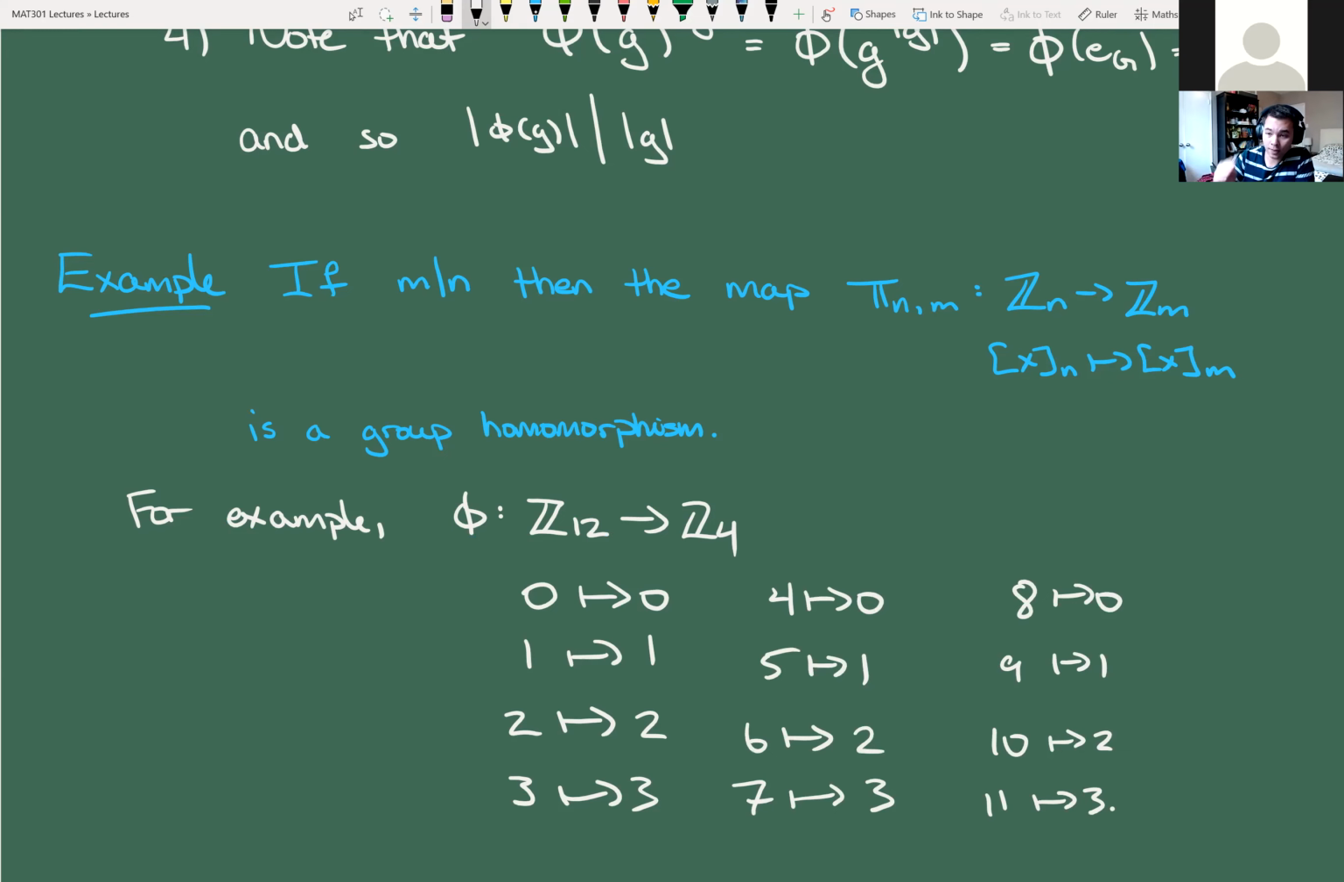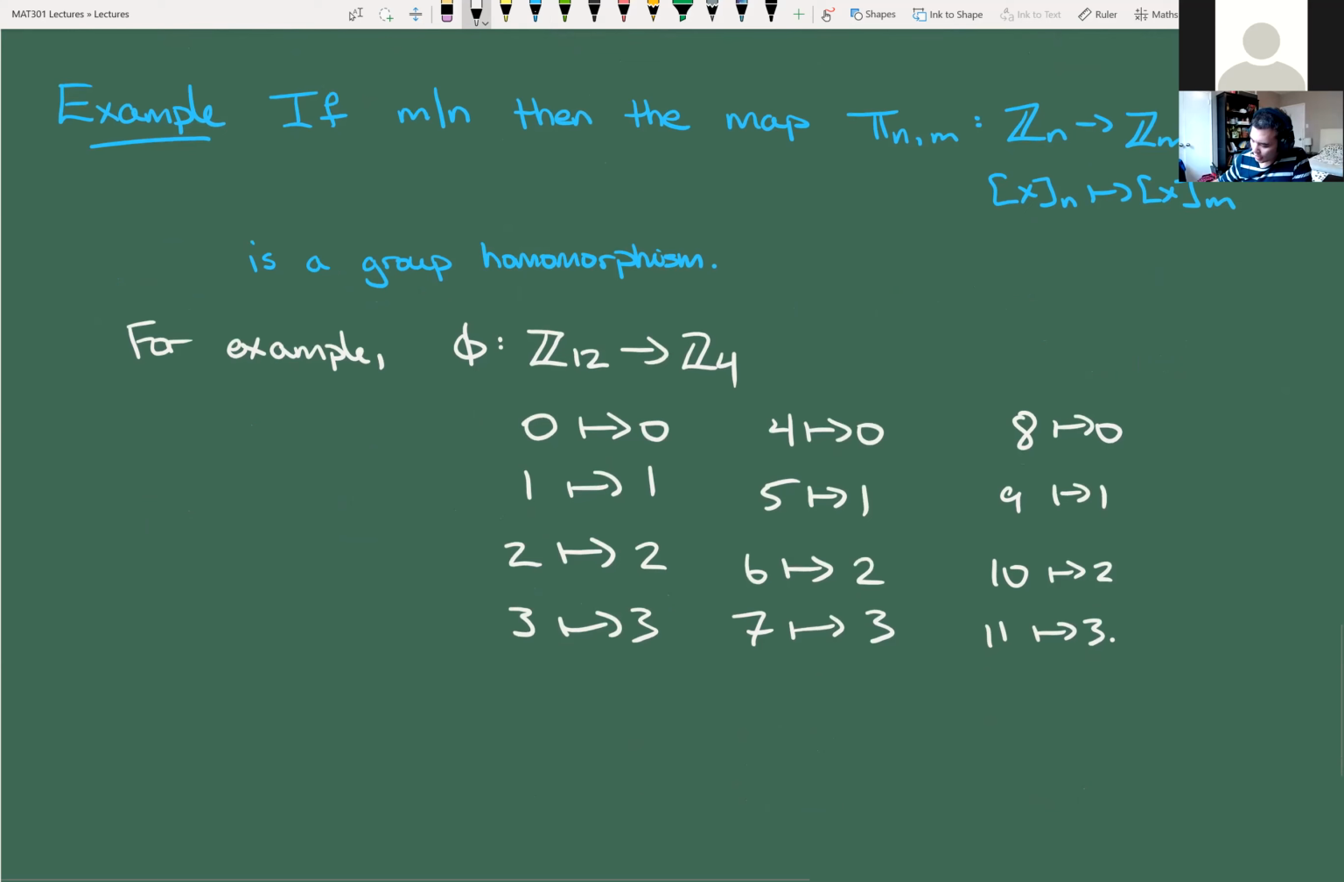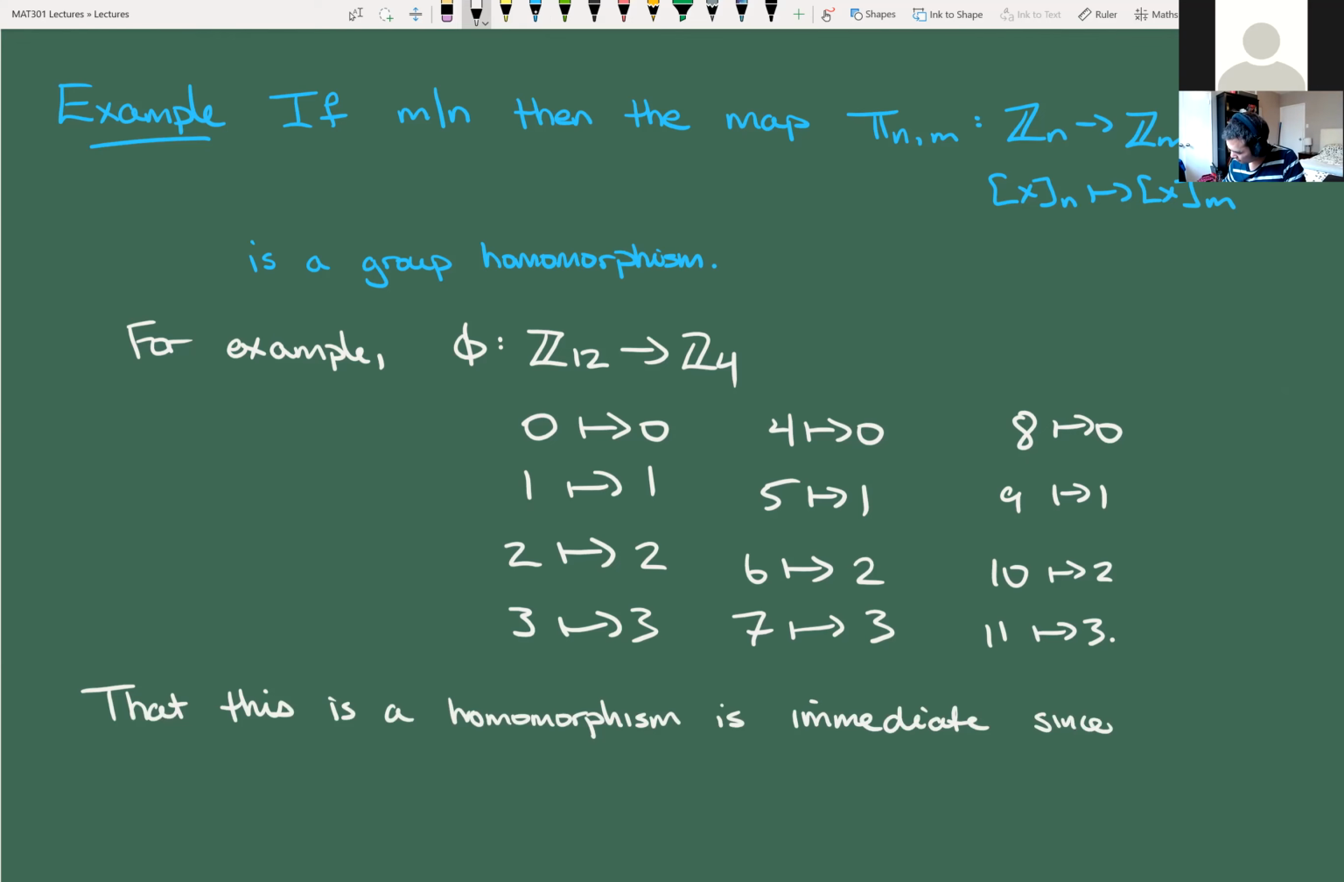That's what this thing is saying. Because 4 divides 12, there is an obvious map from Z12 to Z4, which is we just take the new modulo, and that is a group homomorphism. I'm going to leave this one as an exercise for you to check, but the fact that this is a group homomorphism is immediate. But there is something you have to check. So that this is a homomorphism is immediate since